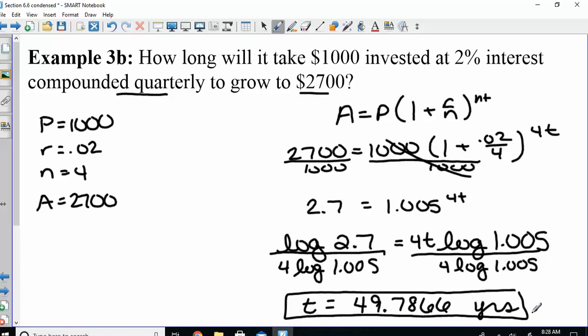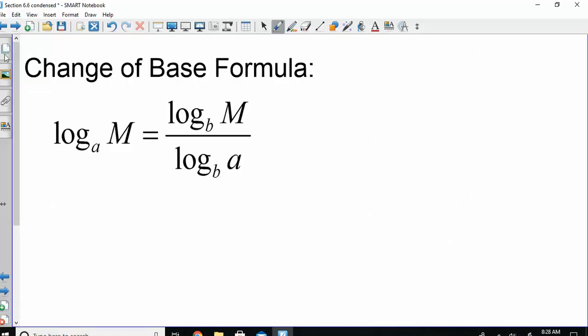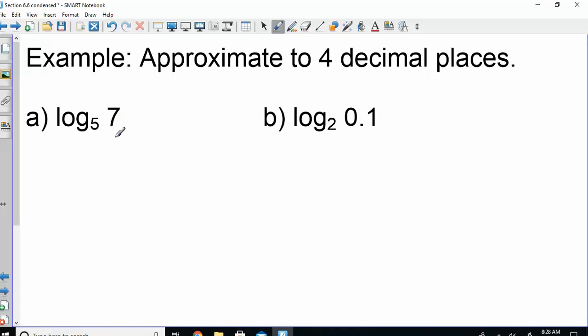The last thing I want to mention today, flip back to the front. That final box there is the change of base formula. So we have 2 log buttons on our calculator, log base 10 and the natural log, which is log base e. This is telling us if I want to evaluate any other log, I can do so. If I have log base a of m, you can change it to whatever base you want. You do log of the argument over log of the current base. So for example, if I said log base 5 of 7,